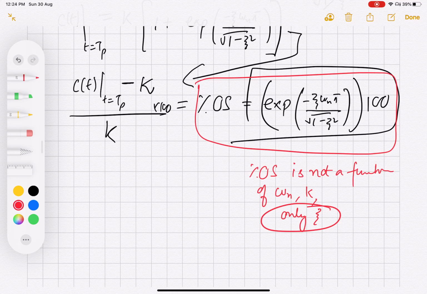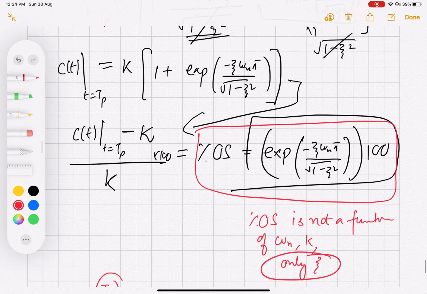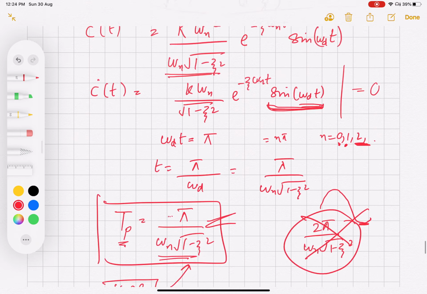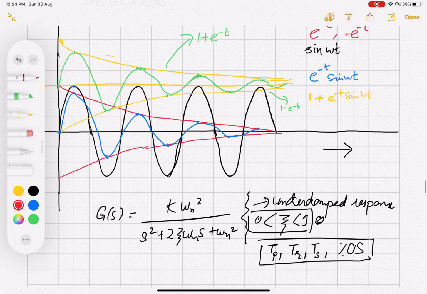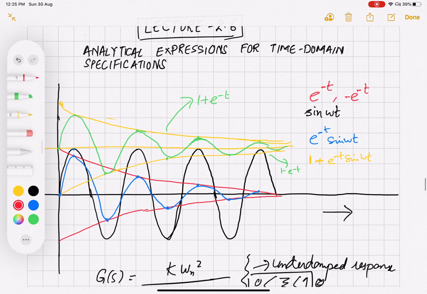Now let us take the third one, which is left, which is the settling time, TS. Now for finding settling time, I had actually sketched this waveform that I had shown you in the beginning, right? So what is this waveform, and why is it required for understanding how to find settling time? Now let us look at